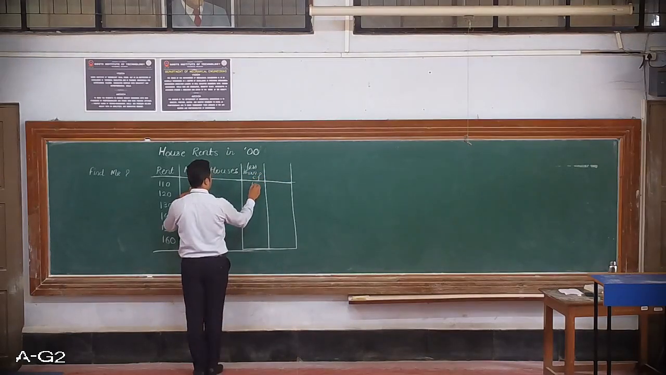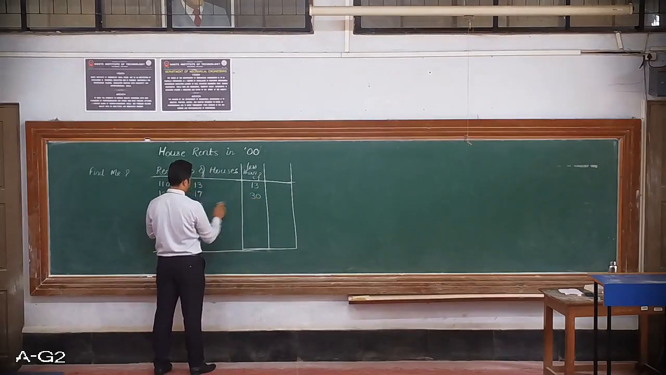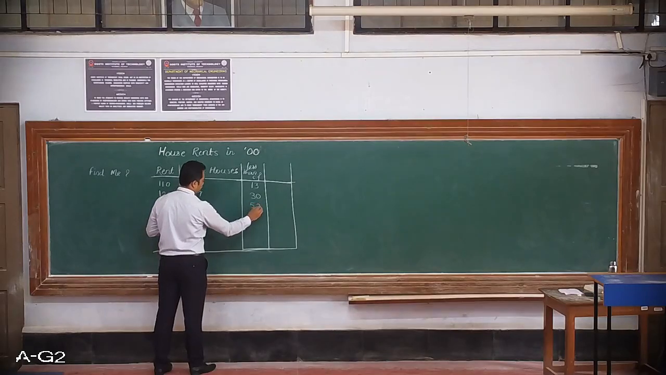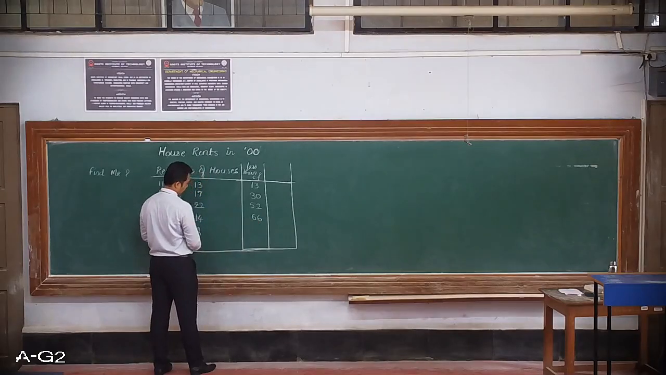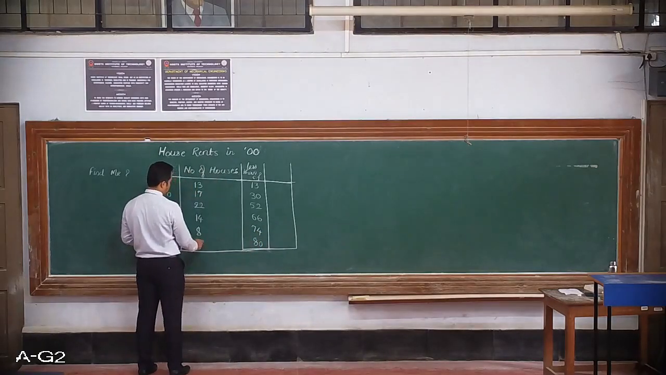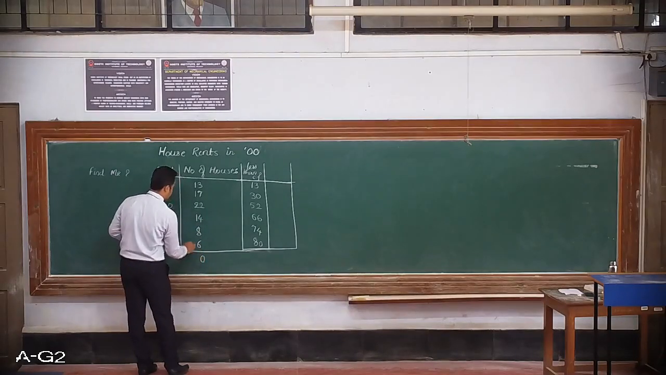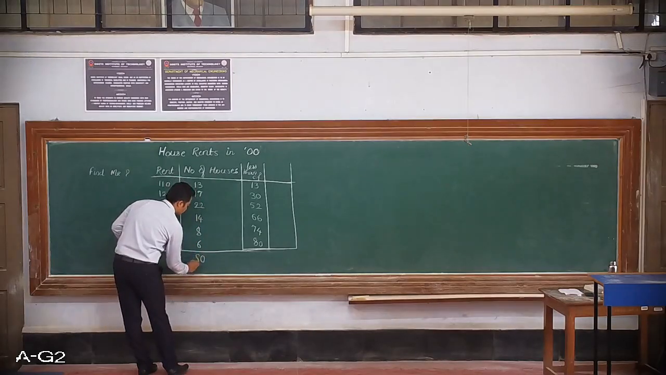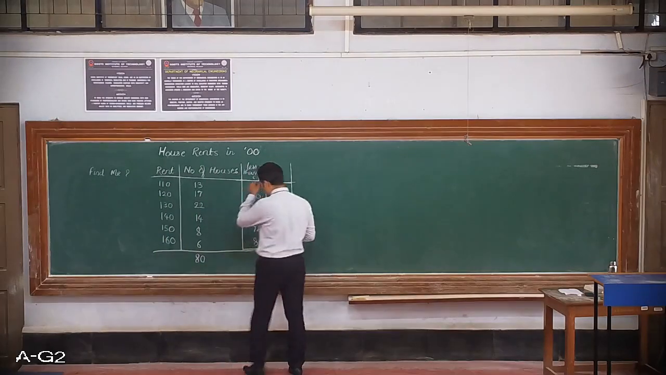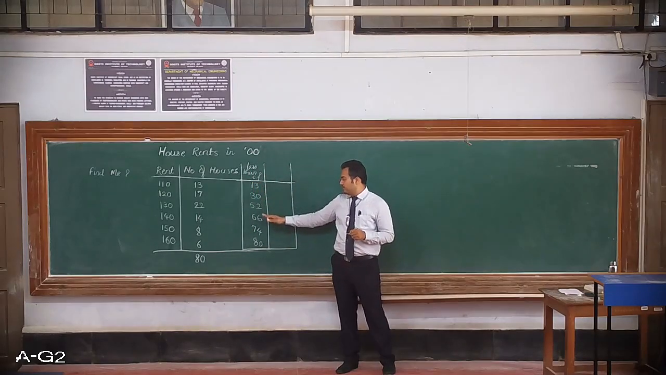So this is 13 as less than, then this gives me 30, 52, 66, 74, and then 80. So even if we calculate in this way, this is also correct. So the less than cumulative frequency we have found is this way: 13, 30, 52, 66,